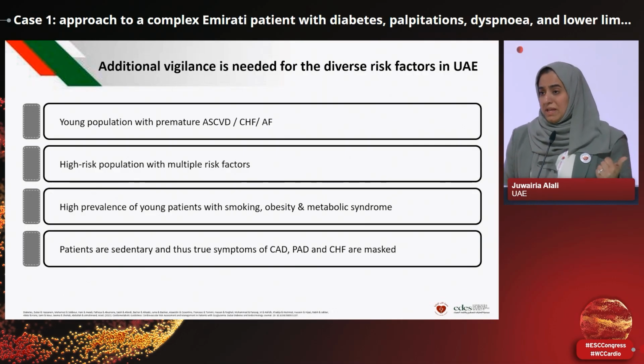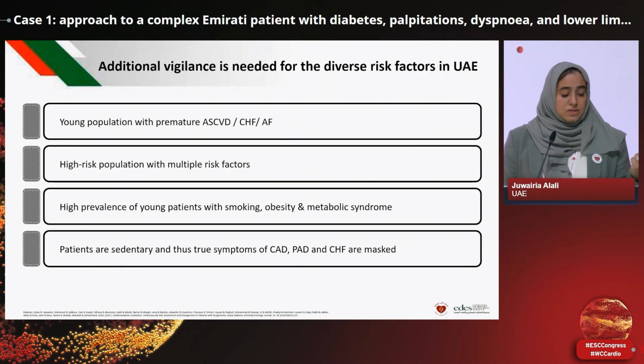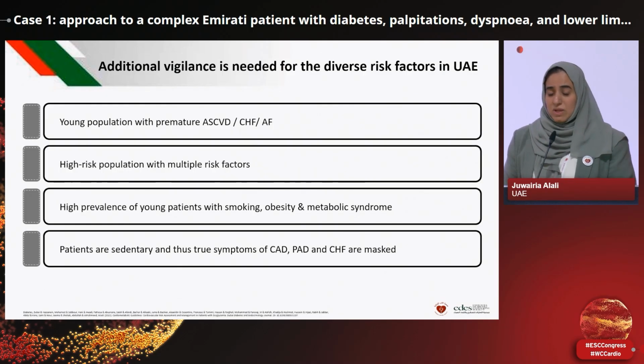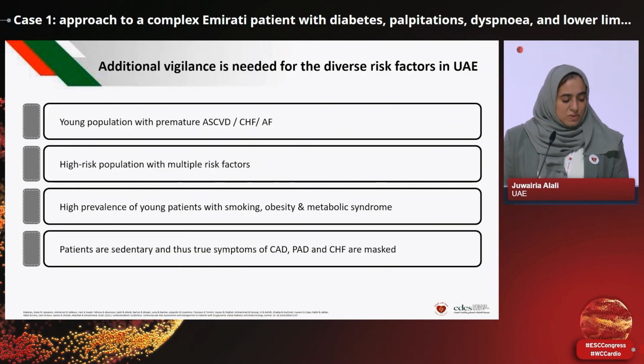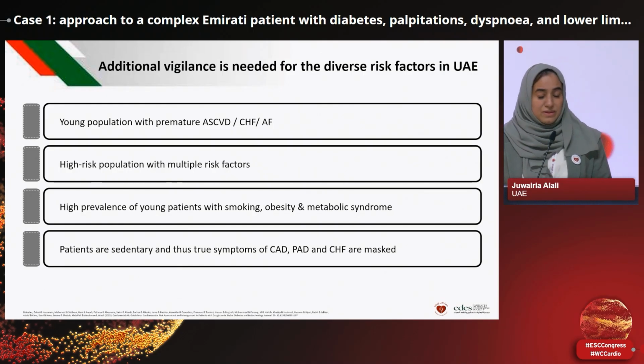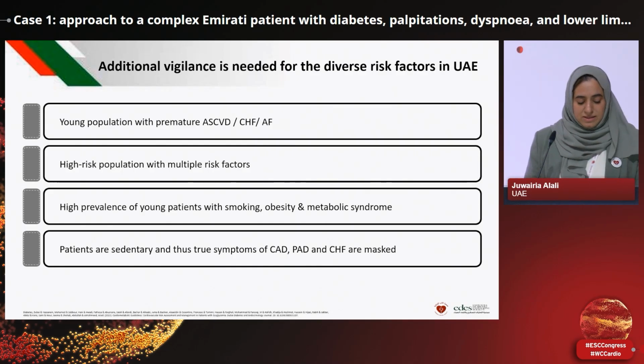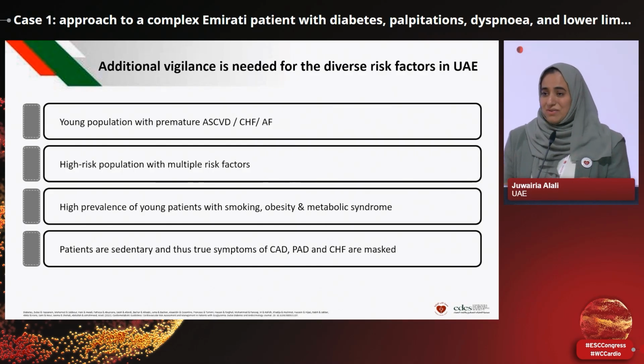We have a younger population with premature atherosclerotic disease, premature heart failure, premature AFib. It's a very high-risk population with multiple risk factors that all need to be addressed simultaneously. There is a high prevalence of young patients with smoking, obesity, and metabolic syndrome. And patients are usually sedentary, and thus the true symptoms of coronary artery disease, peripheral artery disease, and heart failure